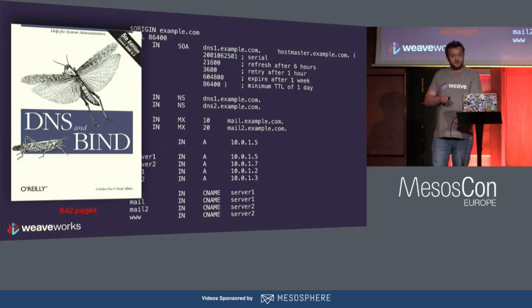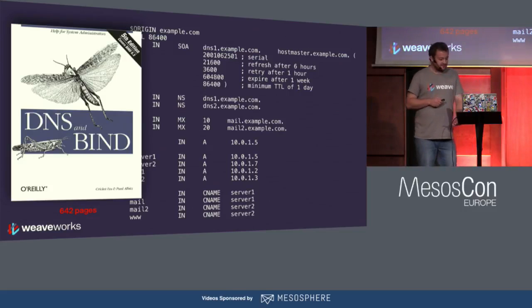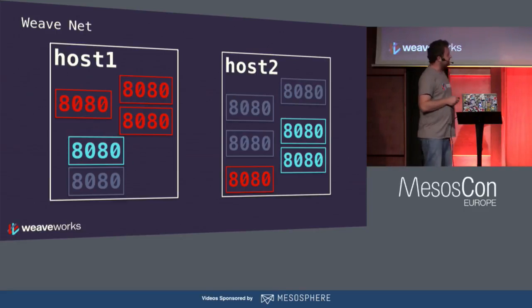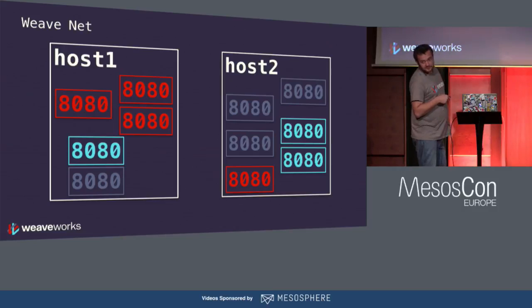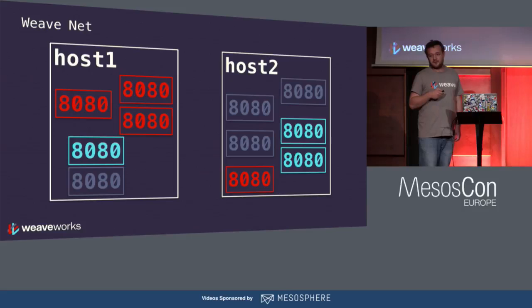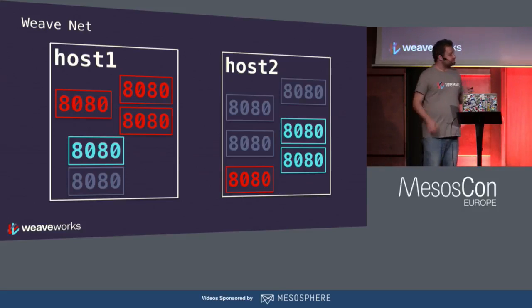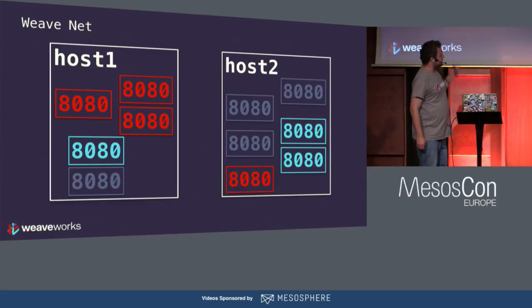Anyway, modern container orchestration systems come with DNS out of the box. You can forget this. Don't have to buy that book. And if you use an overlay network such as Weave Net, you can just use default port numbers for all of your ports. Let's say all of these things talk HTTP, right? And we use 8080 because we don't want to run it as root. And that's it. They're all on the same ports. You just connect using HTTP, host name, and 8080, and that's it.